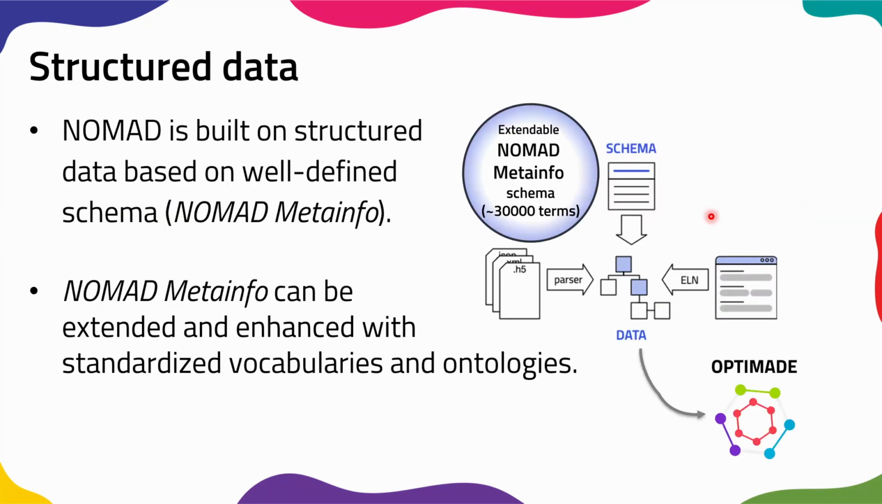The key of all these aspects in Nomad is that Nomad structures the data. So it is built on structured data that is based on a well-defined schema. And this schema in Nomad is called the Nomad meta info. And as represented in this schematic here, the schema identifies the hierarchical structure of all the data that goes